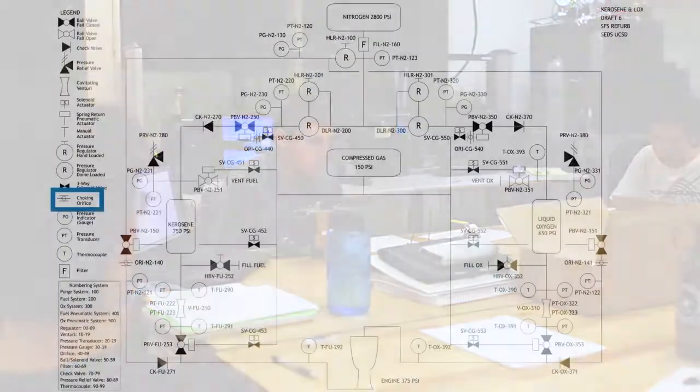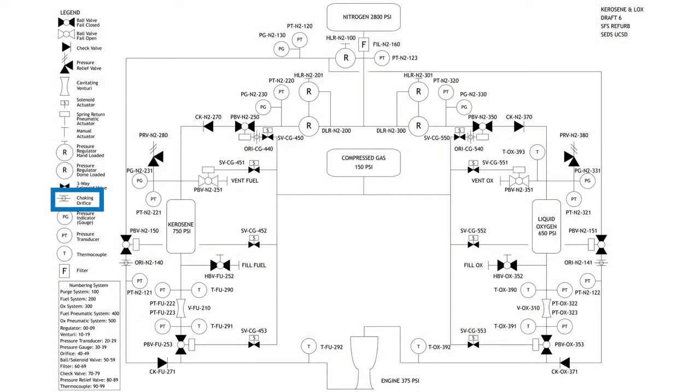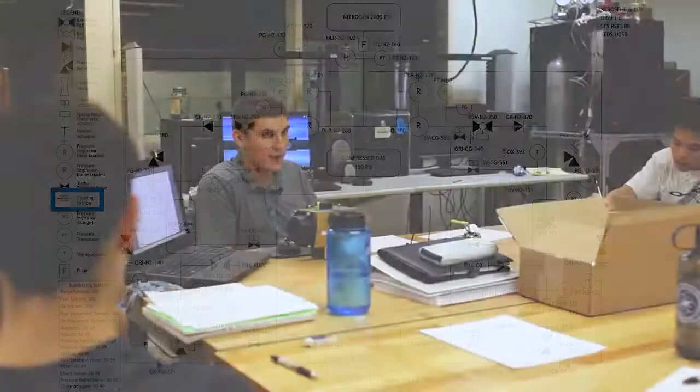The choking orifice is literally just going to be a piece of metal with a hole drilled through it. The reason why we use choking orifices is to control the flow rate that we have. On the purge sides, this is mainly why we use a choking orifice. By purging, what happens is at the end of your test, you need to make sure that you push all the propellants out. And if you have a bunch of high pressure fluid in here and it escapes,